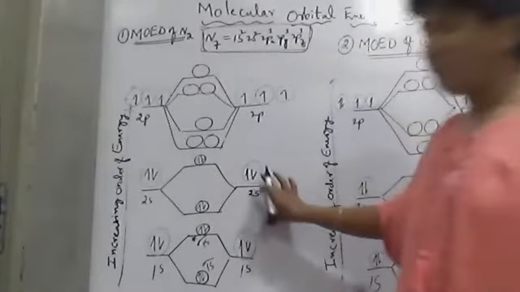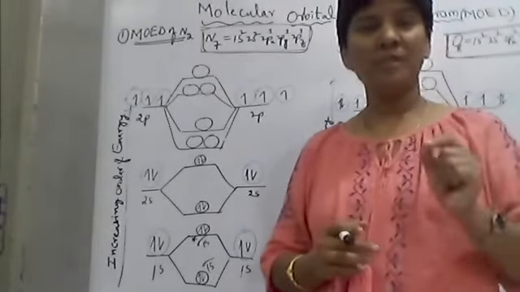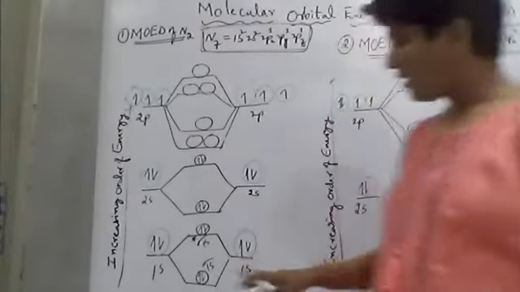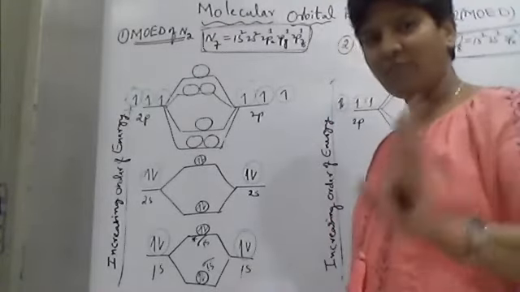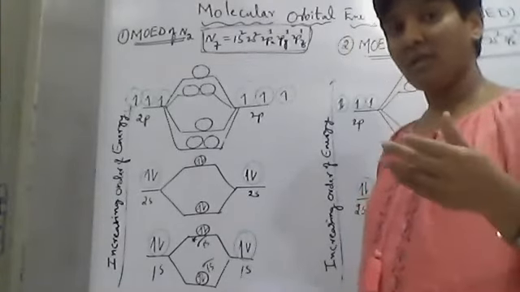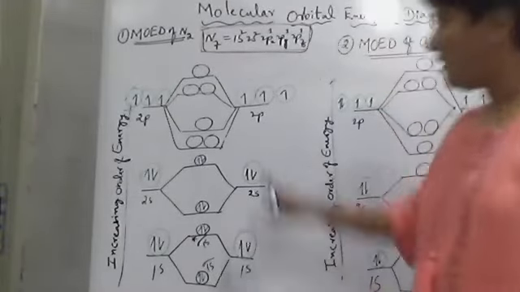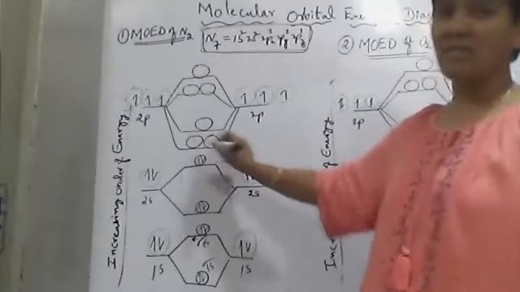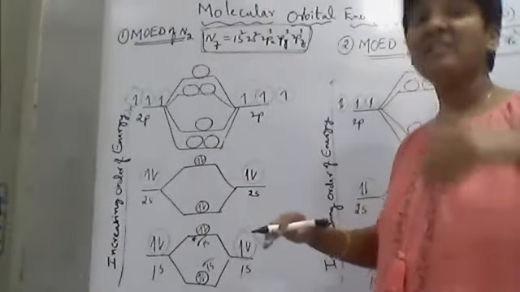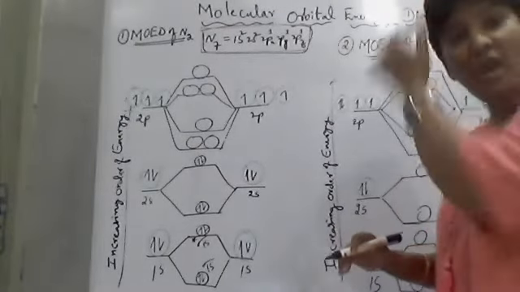So here, while filling the 1s and 2s, what rules did we follow? Aufbau principle and Pauli's. Here we need not follow Hund's rule, because at each level you have only one orbital. If you have more than one orbital at a level, they have the same energy, called degenerate orbitals. Now here, two circles you can see. These are two orbitals at the same level, degenerate, same energy level. So in this case, we have to follow Hund's rule.